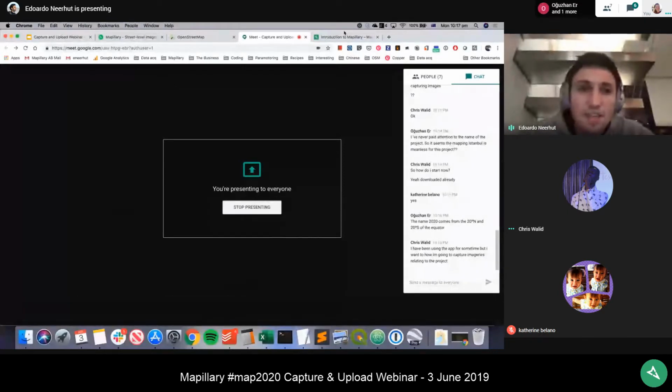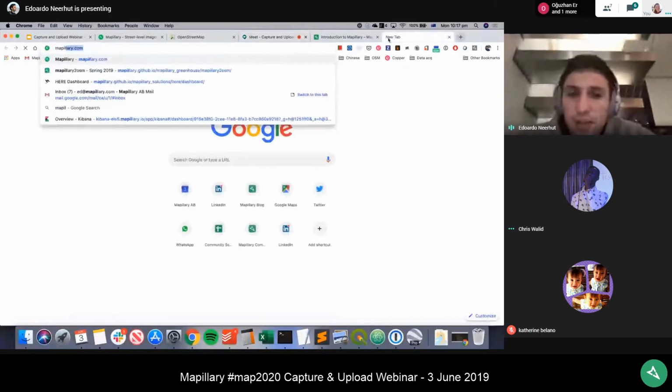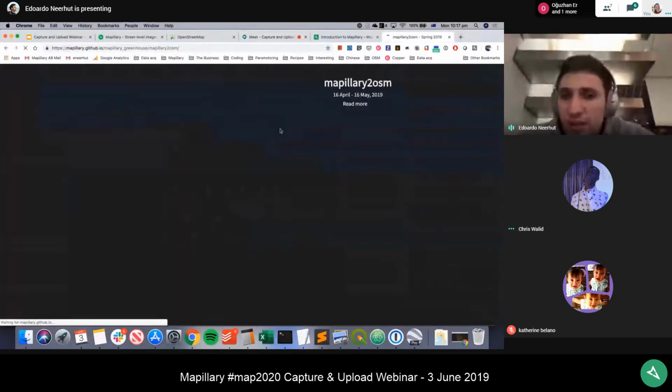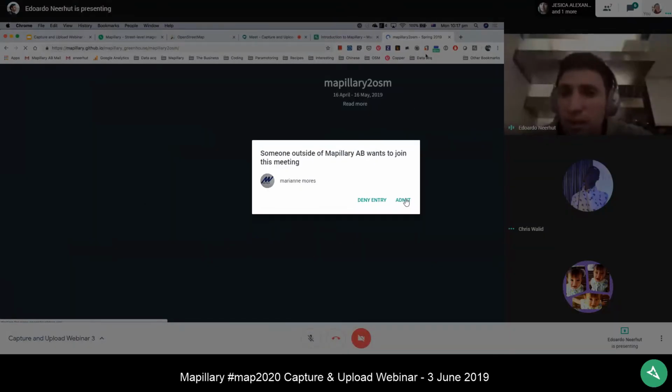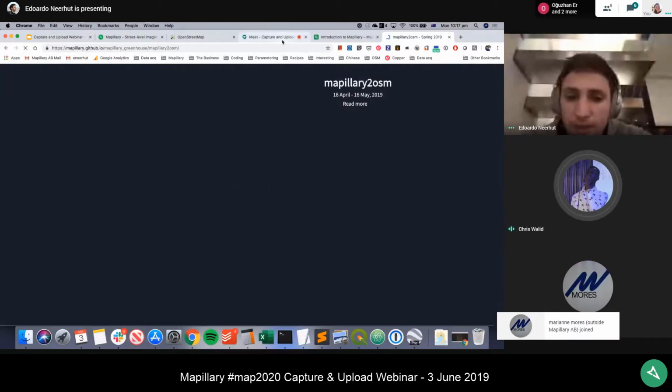So what we'll do at that stage, I'll give you a quick sneak peek, is track the edits that you make. And so we'll be able to see whether you're adding benches to the map, whether you're adding crosswalks to the map, but you'll be doing so from the imagery. So that's why it's really important now, between now and the next 2 weeks, to capture as much imagery as you can, because then you'll have imagery that you can use for map editing. And there'll be a leaderboard like this one, which is taking a while to load, but it will track how much you've added to the map.